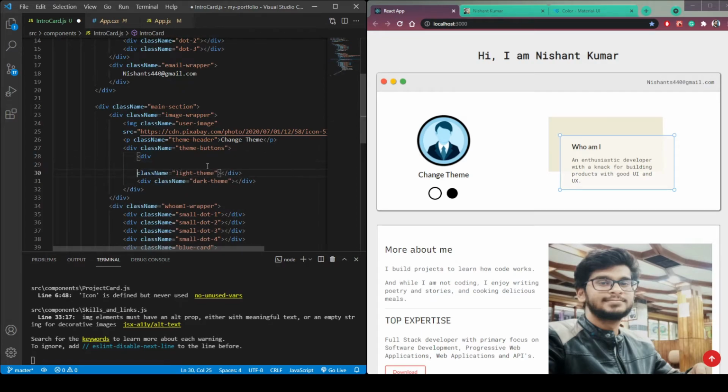So on click, change theme. Then we are going to pass a parameter. So this will be theme, and same pass it here, which will be light.